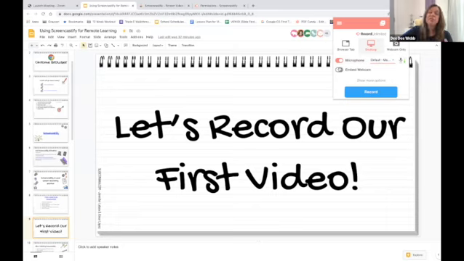And this is one of the best practices that I always like to talk about: enable webcam. So if you are recording your desktop, I would recommend enabling your webcam, because it's really nice when your students can see your face, for example, if it's remote learning. It just makes it more personable. It gives them more of a connection to who you are.